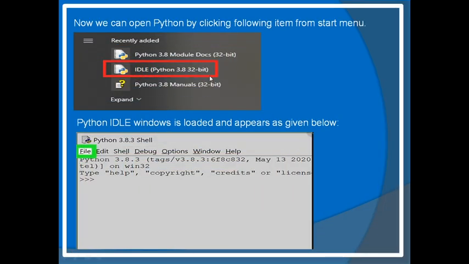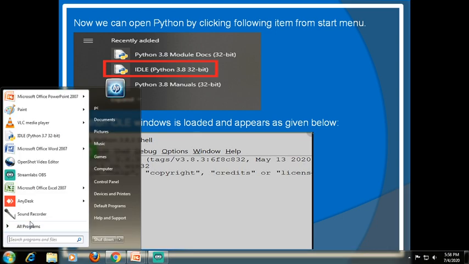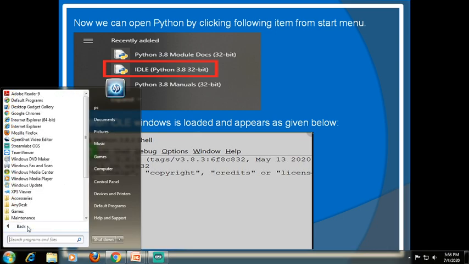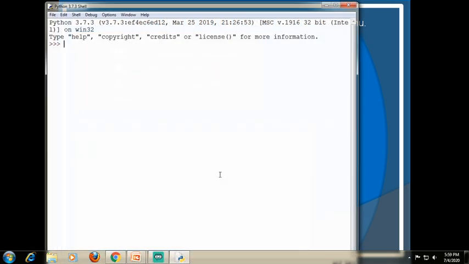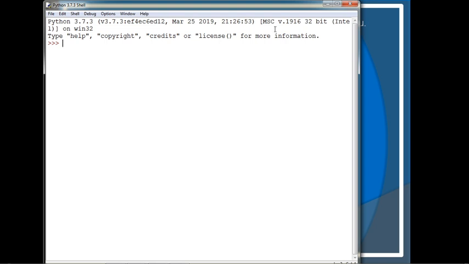Thereafter the question is how to open Python for working. Go to the Start menu, and ideally, like this, on this computer I have installed Python 3.7.4. So here Python 3.7 is there, I will click on this, and then ideally Python 3.7 32 bit, on this we will click. So this screen appears here.